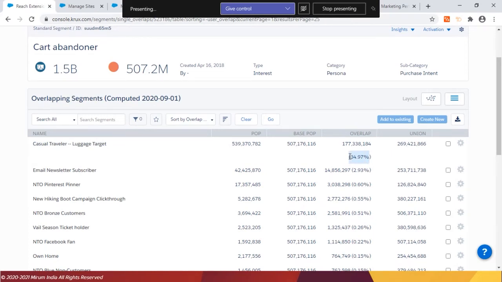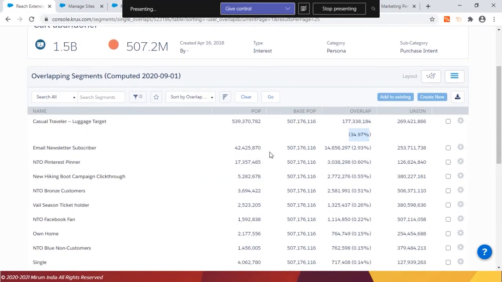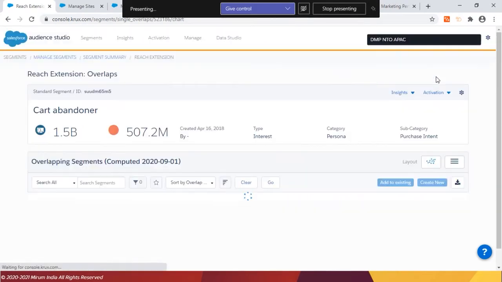Can I personalize for this cart abandoner segment, look at this 35% of the data, and personalize their experience in the casual traveler zone? That could be an insight here, and I'm starting to understand this audience far better. Once more data starts flowing in, more and more such insights can be seen.